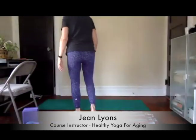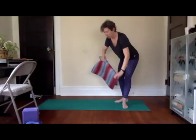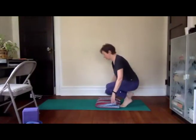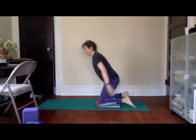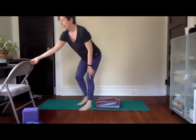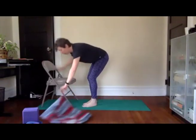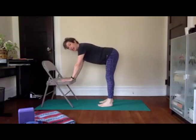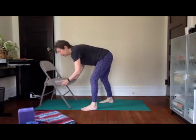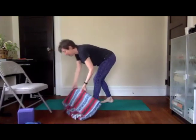Let's come now directly to hands and knees. So you've got your blanket, I hope, if you're a kneeler, and you're coming to table pose. If you're not a kneeler, same thing with the chair, but you're standing. So either standing or kneeling in table pose. And we'll be segueing between